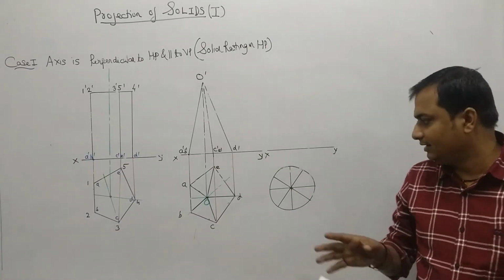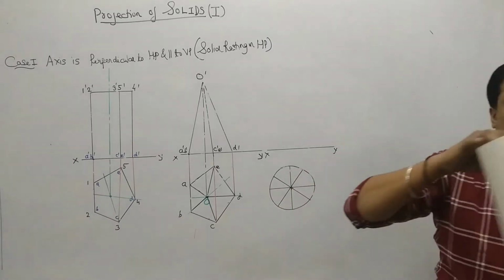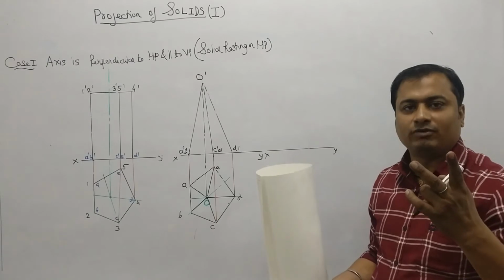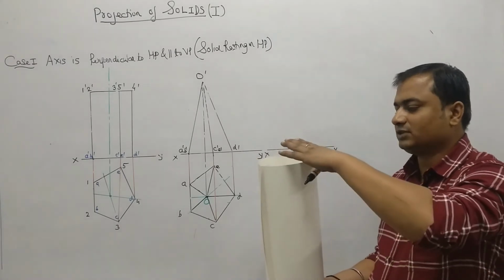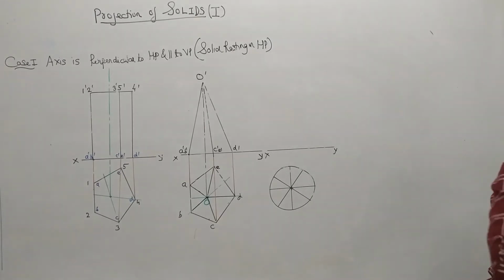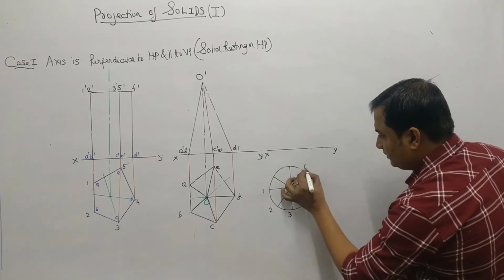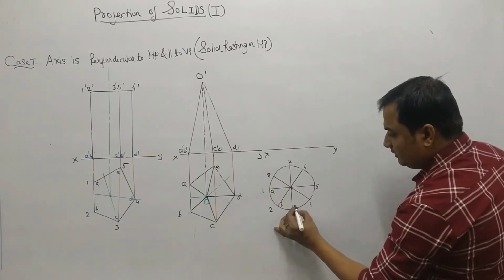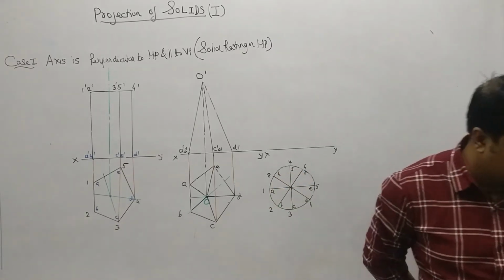Now for numbering, in the cylinder will there be single naming or double naming? It's very clear that the cylinder has two circles, one at the top and one at the bottom. So there will be two namings required, one for the top circle and one for the bottom circle. If I use numbers for the top and alphabets for the bottom, then numbers will be outside and the alphabets will be inside. So this is 1, 2, 3, 4, 5, 6, 7, 8 for the outer circle, and alphabets A, B, C, D, E, F, G, H for the base circle.